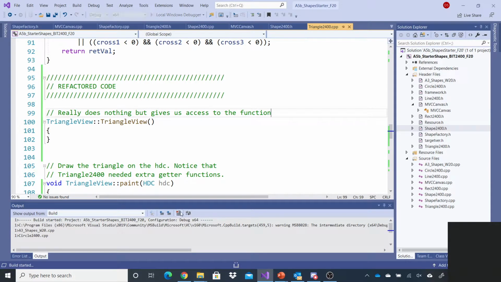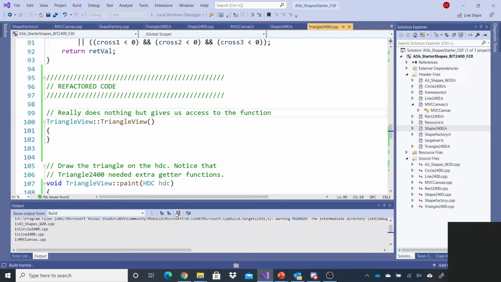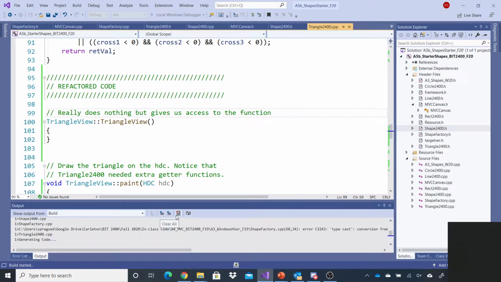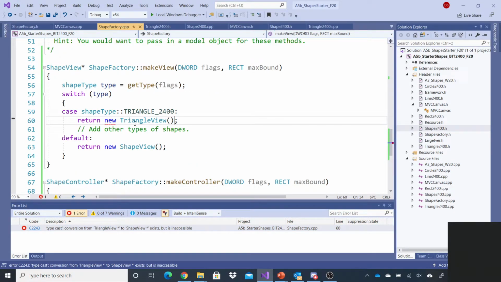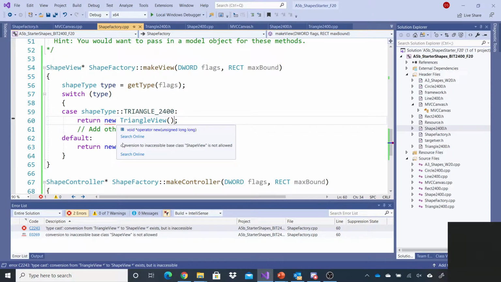That should do it. Notice if I change the header file, I have to recompile everything. Okay, I am making a new triangle view. It's going to,